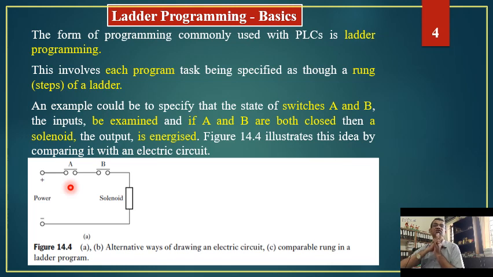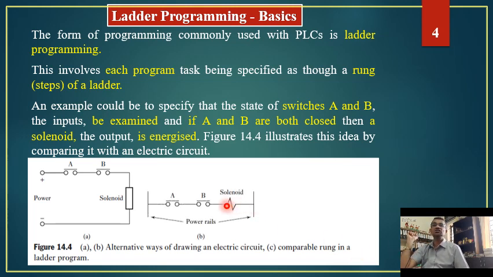So this is the detail about the circuit that we have on the screen. Now this particular figure will tell us something about an alternate way of drawing this circuit. Let us say that the positive that we have over here is this vertical line. Let us say this is the positive, and negative in the figure is this one more vertical line.